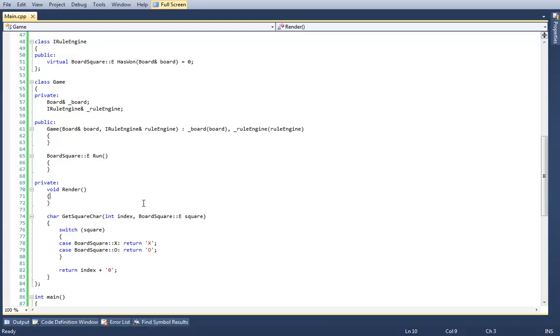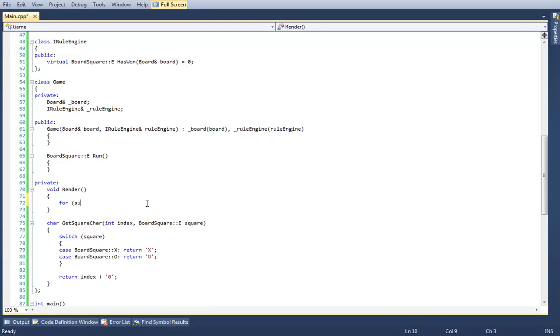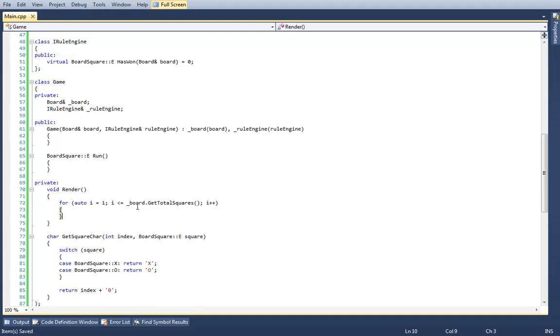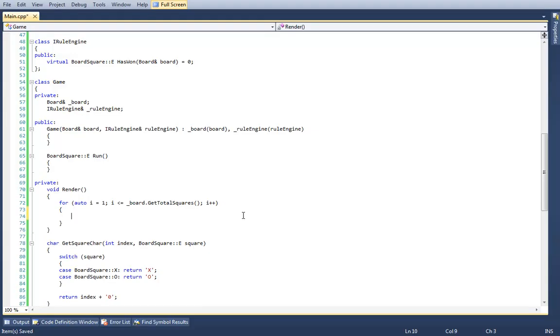Okay, so the render method is going to be very straightforward. For auto i equals 1, i less than or equal to board.getTotalSquares(). Notice something interesting about how I access members of references. Although board is indeed a reference, I'm accessing the members via the member resolution operator, the dot operator. I'm not accessing it through the traditional member resolution dereferencing operator, the arrow, because board is not a pointer, although it is similar to a pointer.